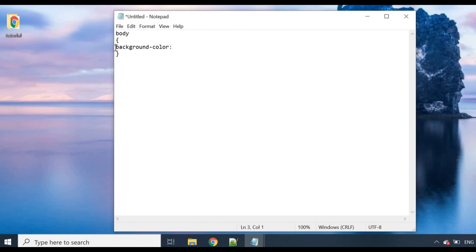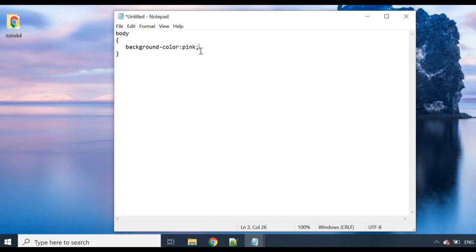If you put the U in, it's not going to work. It works when there's no U inside. Okay, and then for the value here, I want the background color to be, just for example, pink, and then the colon goes in between my property and my value, and then I close that off with a semicolon. Now let's save this file, link it to my HTML file, and test this out